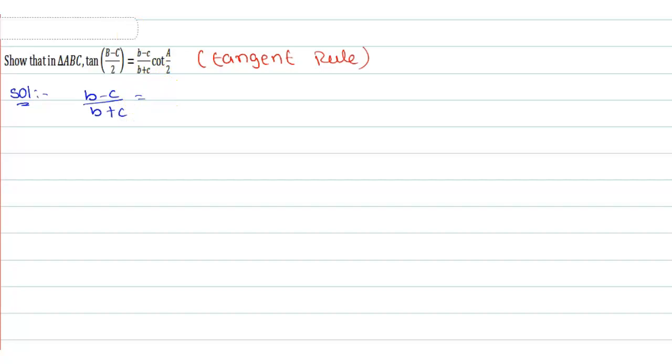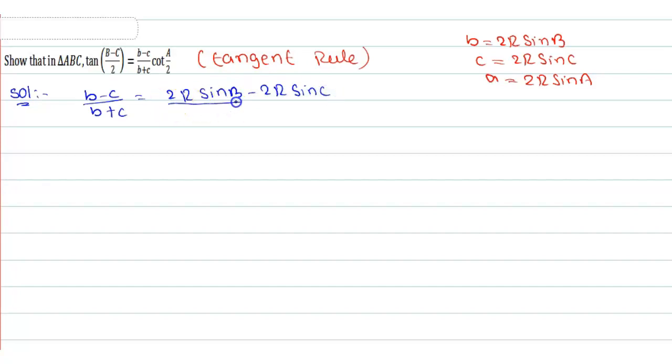So here I am taking the value of b minus c by b plus c. Here we know the formula of the sine rule. So the sine rule formula is b is equal to 2R sin B, and c is equal to 2R sin C, and small a is equal to 2R sin A. These are the formulas for the sine rule. Here I am writing the b value, 2R sin B. So here 2R sin B minus 2R sin C, by 2R sin B